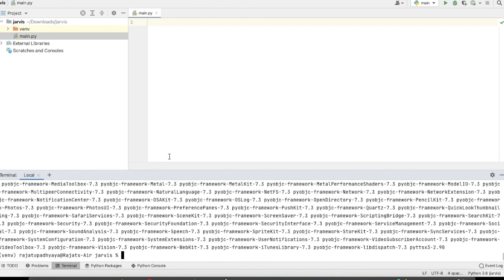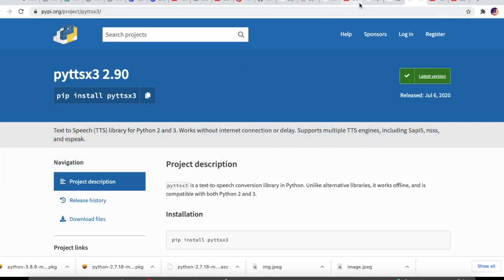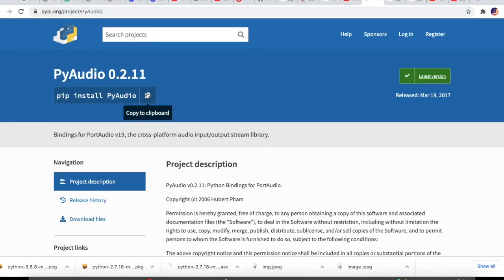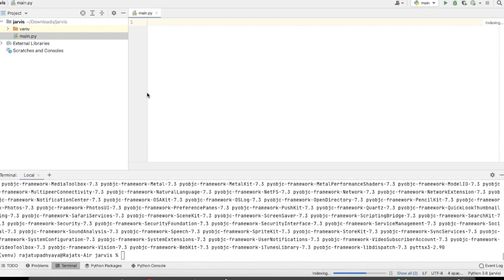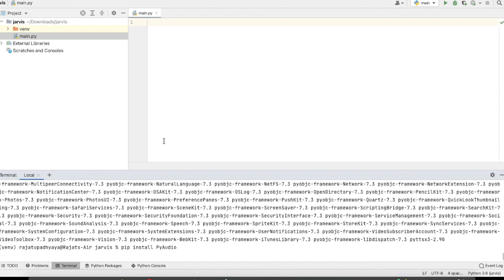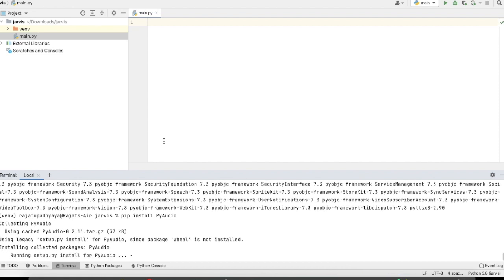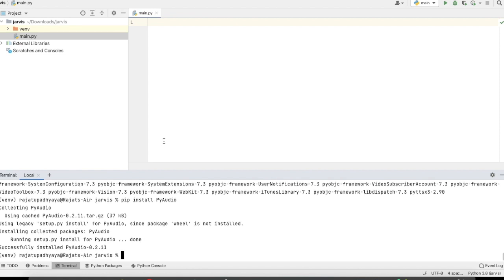Now the last one is PyAudio. Just copy it here, and you may see some errors while installing PyAudio. I will give you an alternative if it is not working on your system. Now on my system it is working.